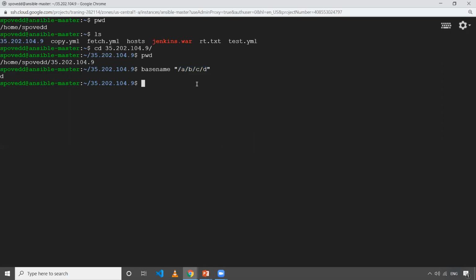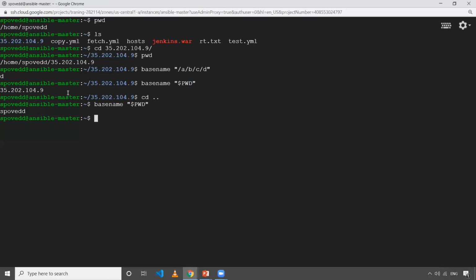In that case we can use this command to get the present working folder as well. You can use basename, and then inside double quotes, use $(pwd). It is considered to be a command. After executing it, the value is sent to basename. In my case, my present working folder is this one, so that's the reason it is giving that. If I go back one directory and again execute basename $(pwd), I'll get the present working folder, not the full path.